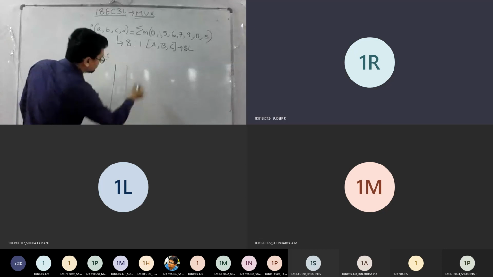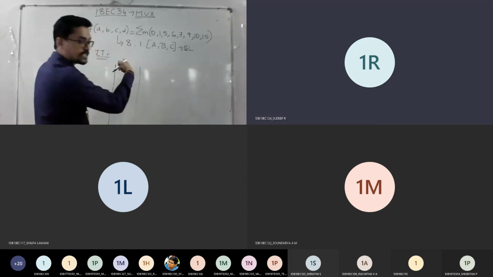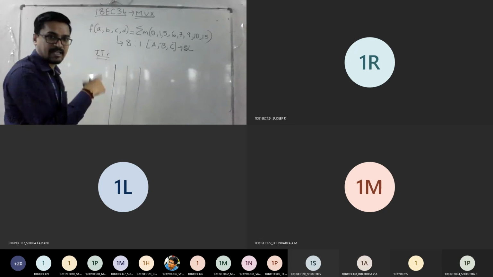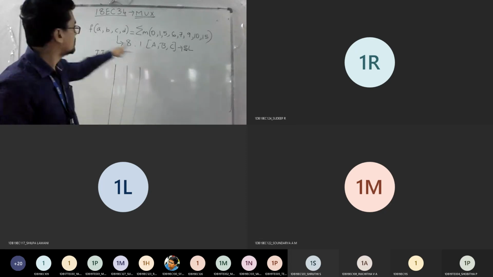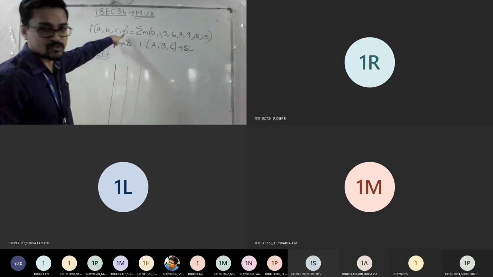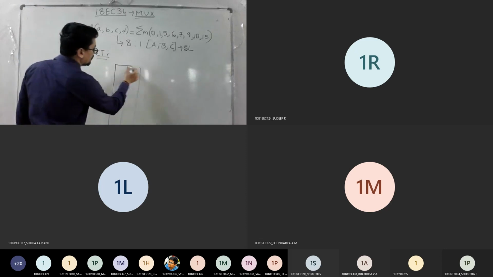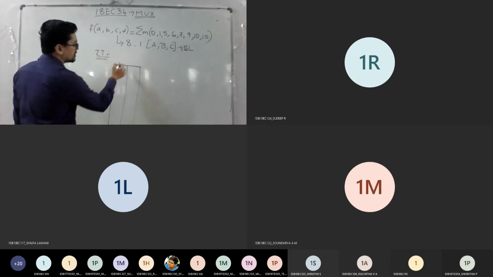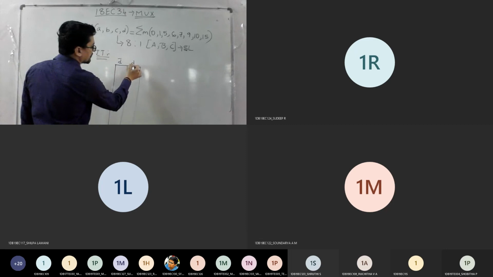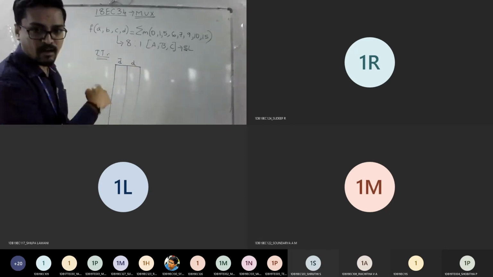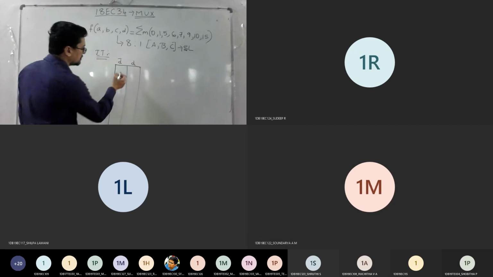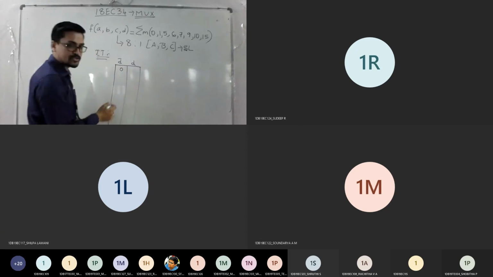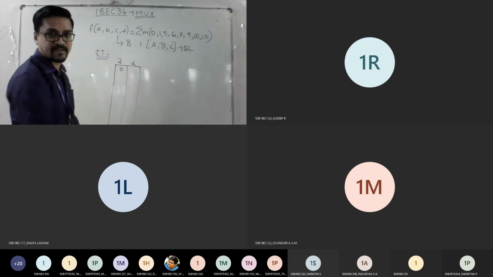I'll repeat. Whenever you find such kind of problem where the selection line is given by themselves, now ABC is fixed, which means I should control my D. So for that, you stick to the procedure with D bar and D. Instead of writing A bar and A horizontally, we are using D bar and D. And numbering, we used to write 0, 1, 2, 3 and so on, right?